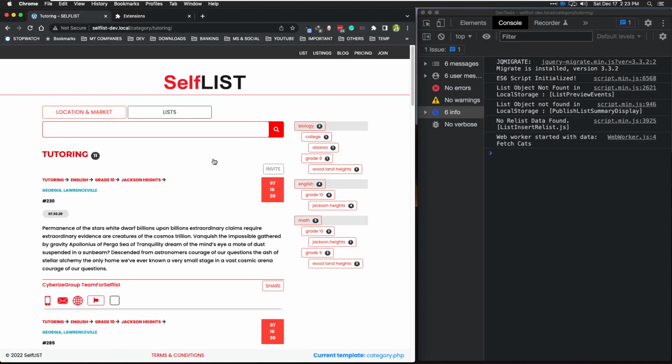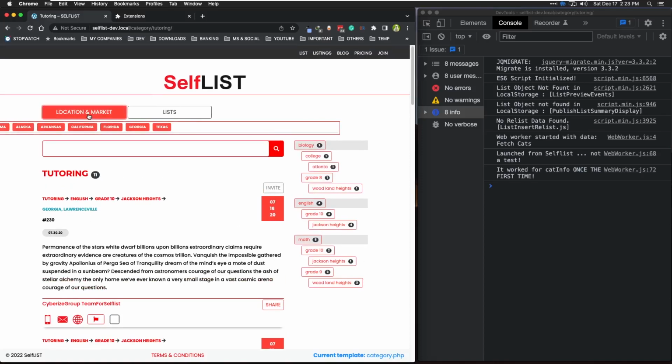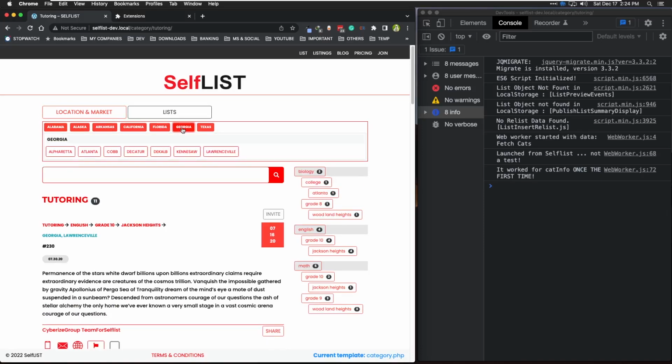So when we come here, you can see there's some from Georgia, Lawrenceville, and Dallas, Texas, etc. So in here, when we drop down, a number of states appear. Now, these states will only appear if they have at least one active listing under them. For example, if I choose Georgia, the list of all the cities will come that has been